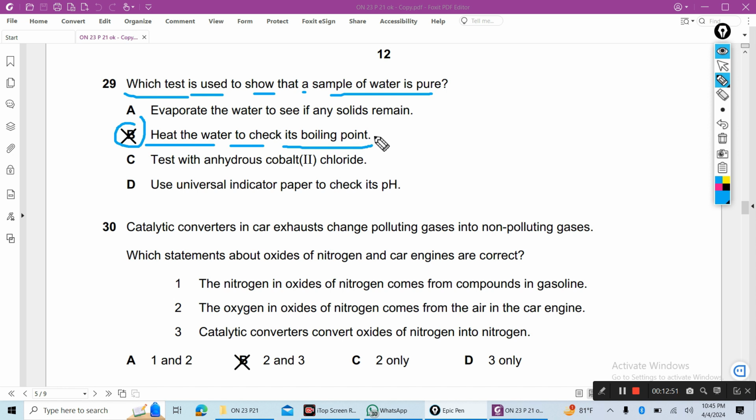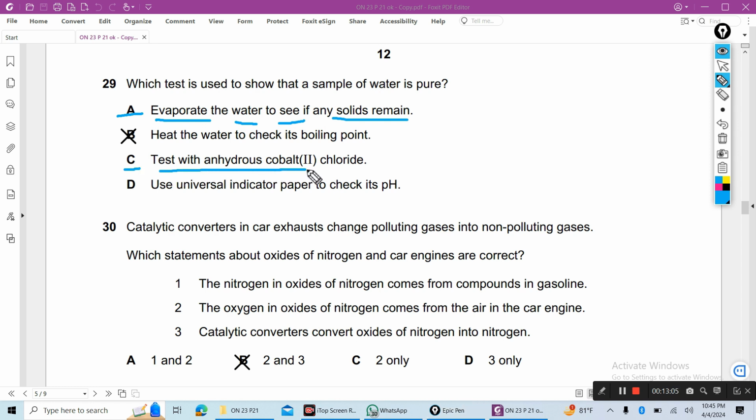But why is A wrong? Evaporate the water to see if any solids remain. No. C, test with anhydrous cobalt chloride. No, this is the test for the presence of water. So it can only show the presence of water but not pure water. And D, use universal indicator paper to check its pH. No, you can use universal indicator to check the pH of water, but you can't detect whether it is pure water. Next,